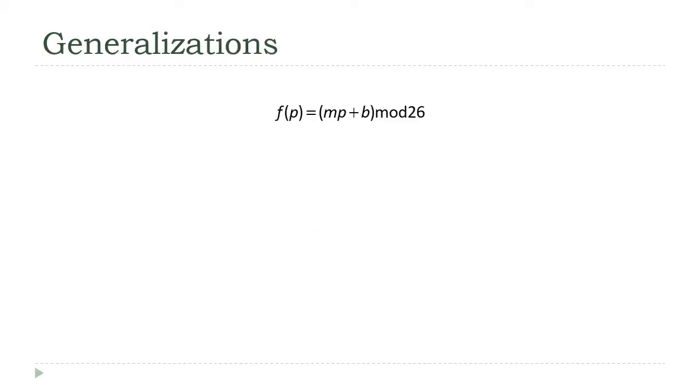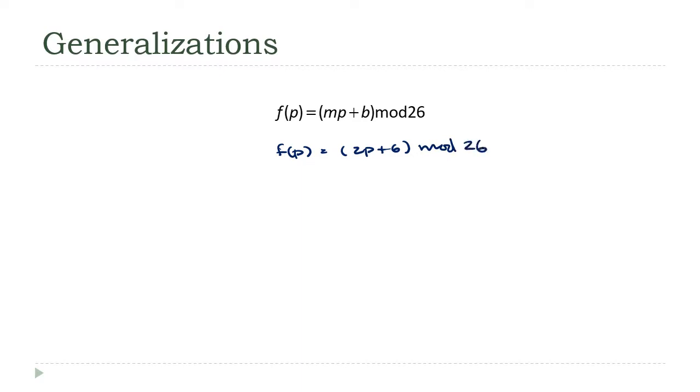So the examples we've looked at so far are called shift ciphers, since they perform the encoding by simply shifting the alphabet by a constant amount. We can take this a step further by adding a multiplier, but you have to be careful with this. You can only use values of m and b that create what's called a bijection. In this case, that means a function that doesn't duplicate any values in the range. For example, suppose we chose f of p equals 2p plus 6